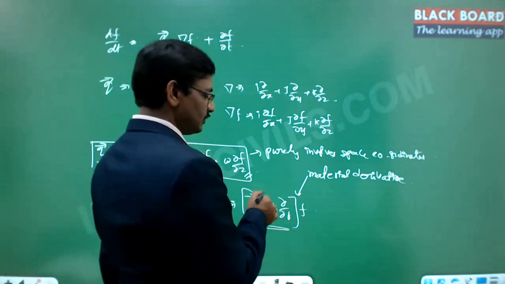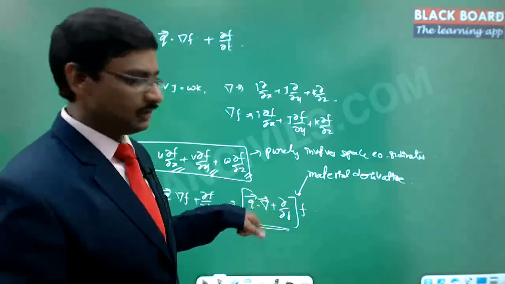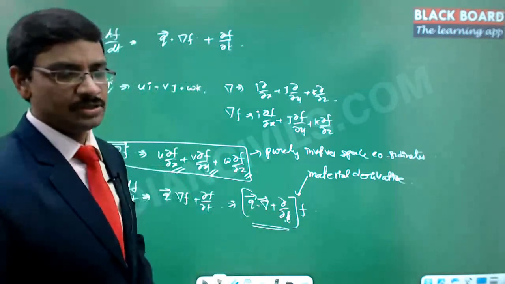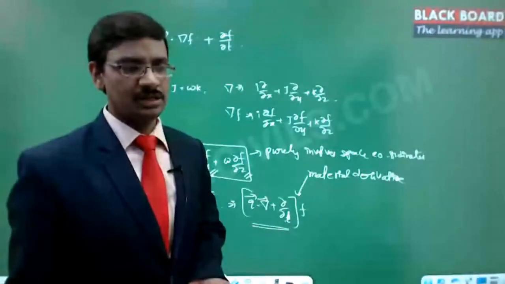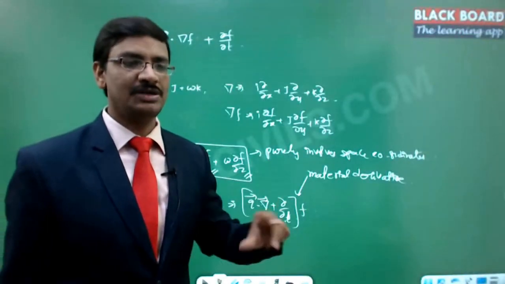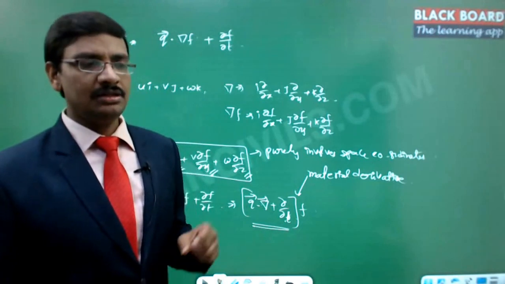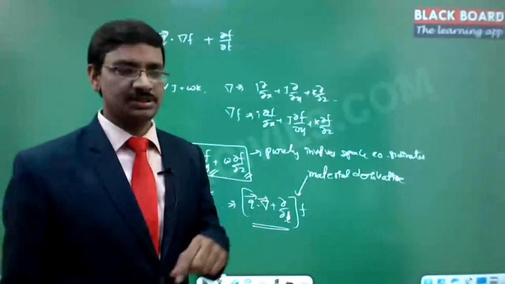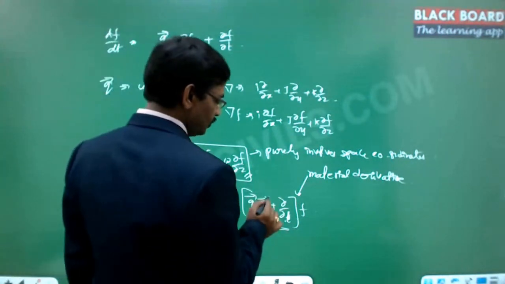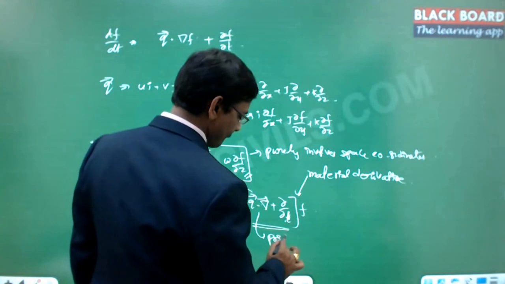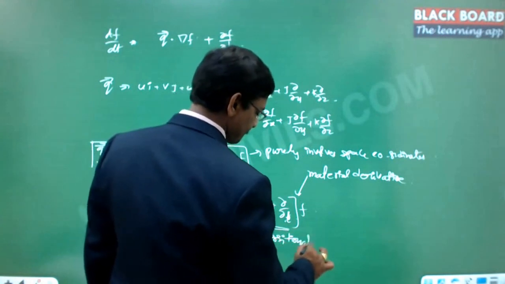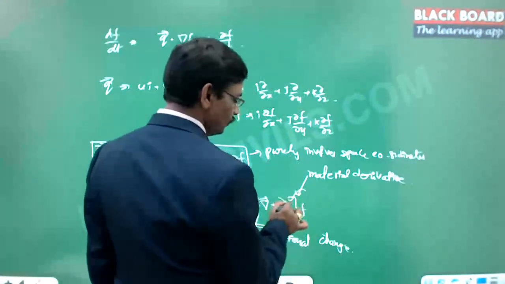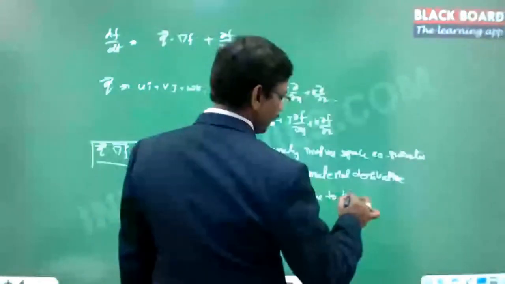So this portion is purely due to the change in the position, and this portion, if you notice, is dou by dou t. That means this is with respect to time. So when there is a property change from one location to another location, obviously it is expected to change within a spacing. Then the change can happen due to the time change, and the change can happen due to the position change as well. So this is called the positional change, and this is due to the time change.